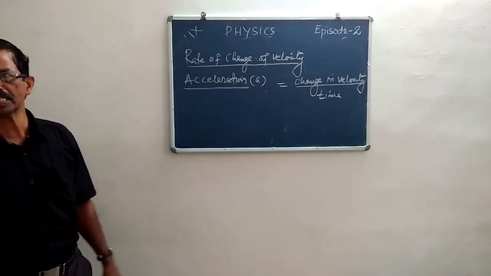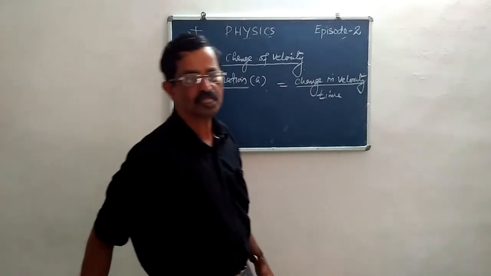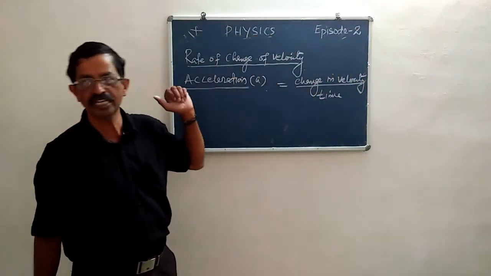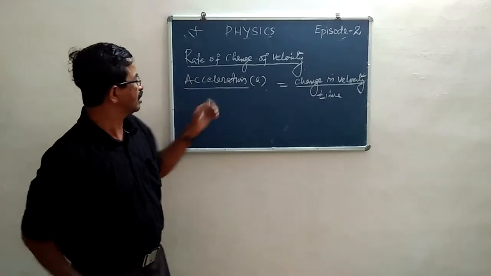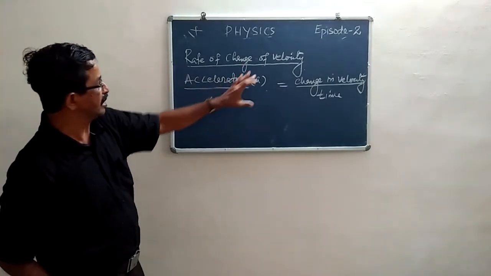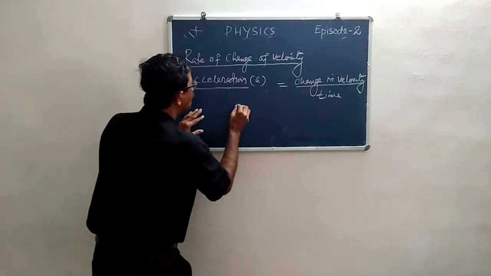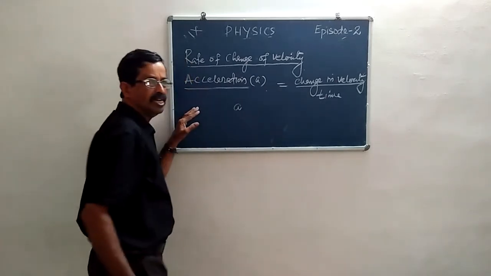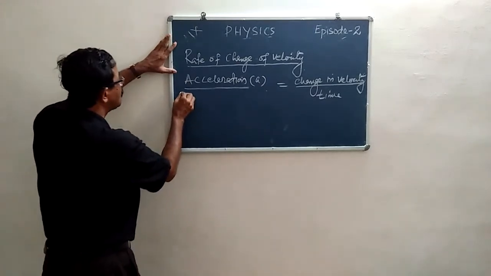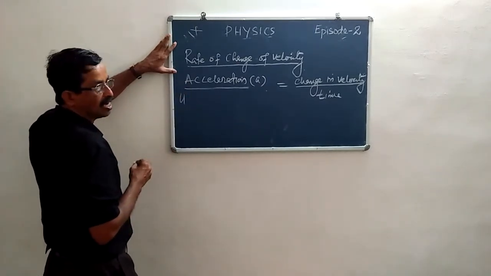So acceleration is the rate of change of velocity, or it is the change of velocity in 1 second. Hence this acceleration can be taken as a, suppose a body moving with its first velocity u,